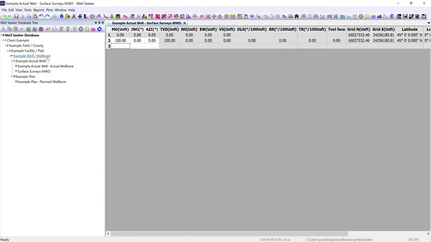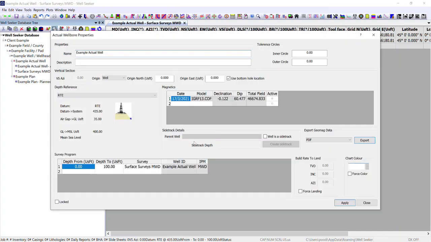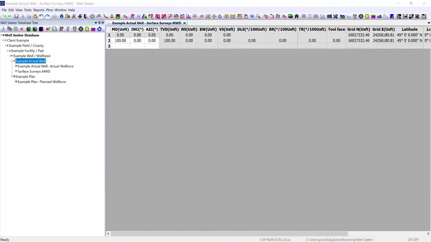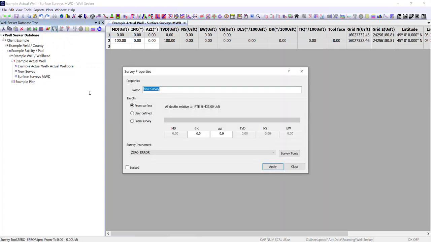So now that we've saved this, we can go back to our actual Wellbore properties. You can see the survey program is updated, and we'd already selected the IPM in the survey properties to be associated here. Okay, just very briefly to show you how the survey program works here, we're going to add a new survey, and we're going to call it Intermediate Surveys